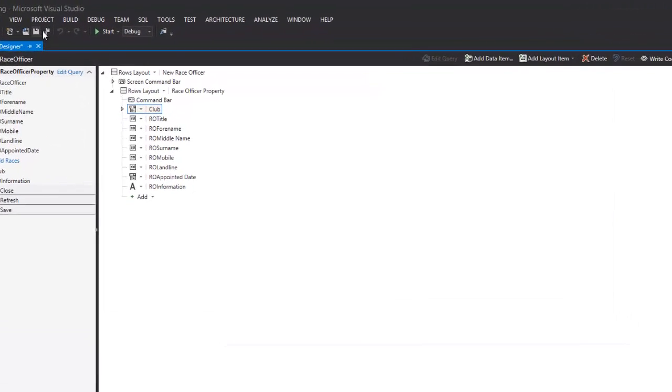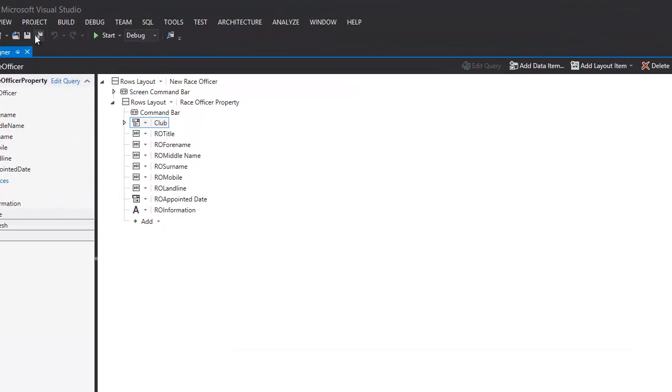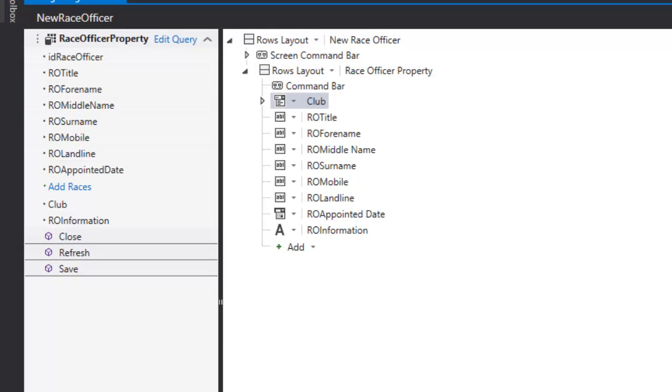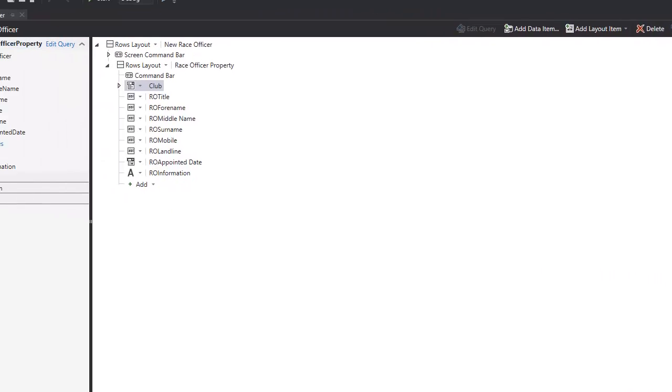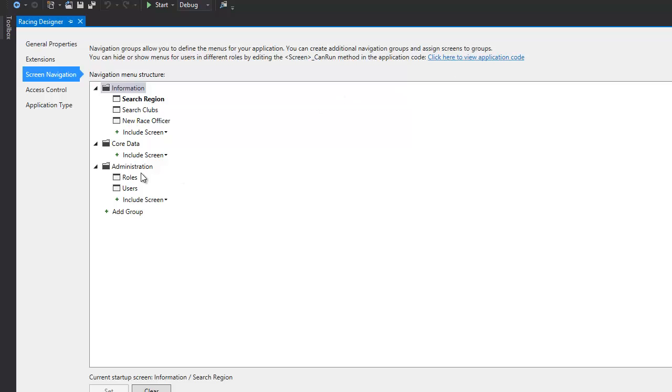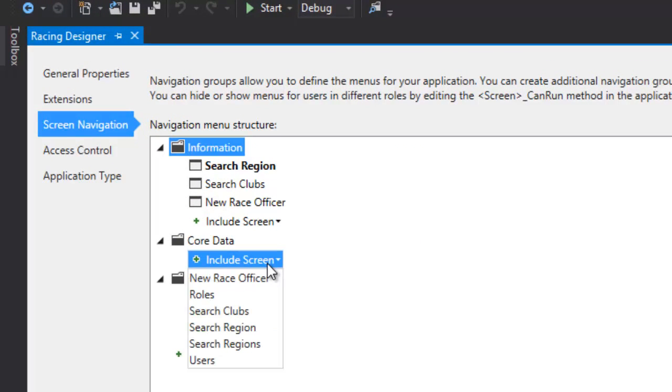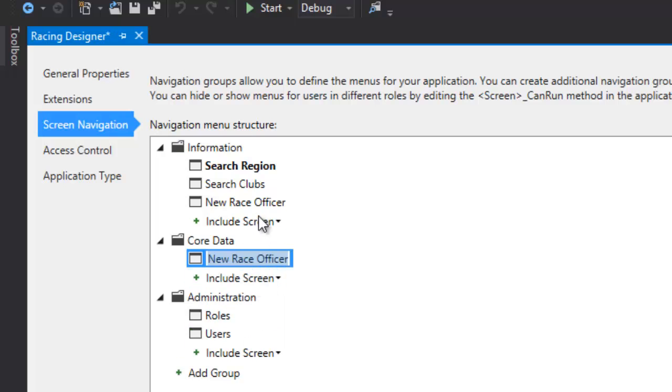So let's do a save all. Let's do an F6 build. And I've got a build succeeded. What I want to do is add this into the navigation system for the application. Now it's moved there, so I want to put it in here, new race officer, and I want to take it out of here